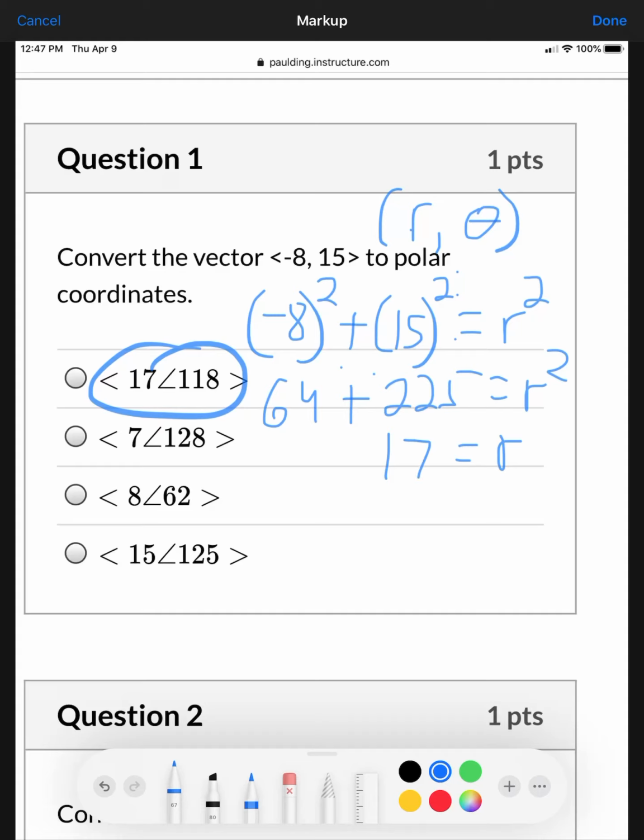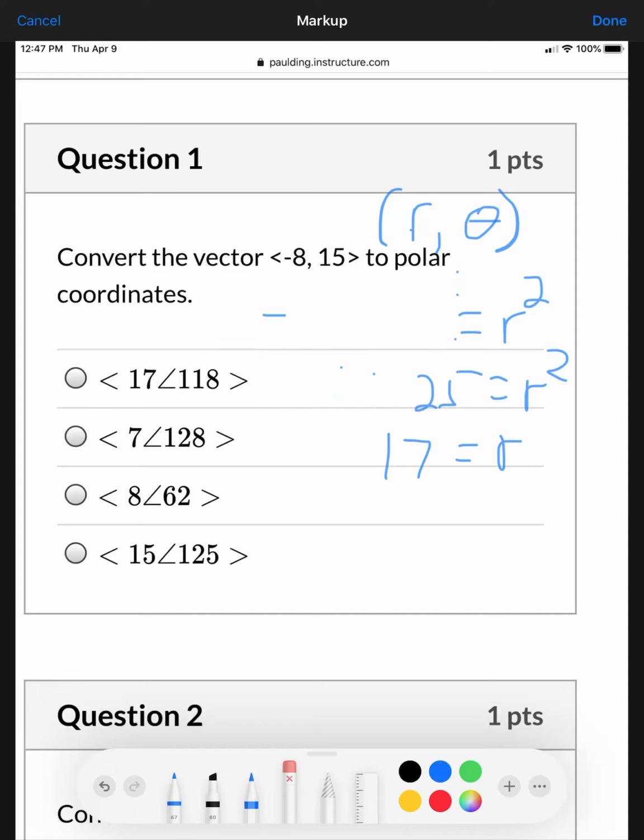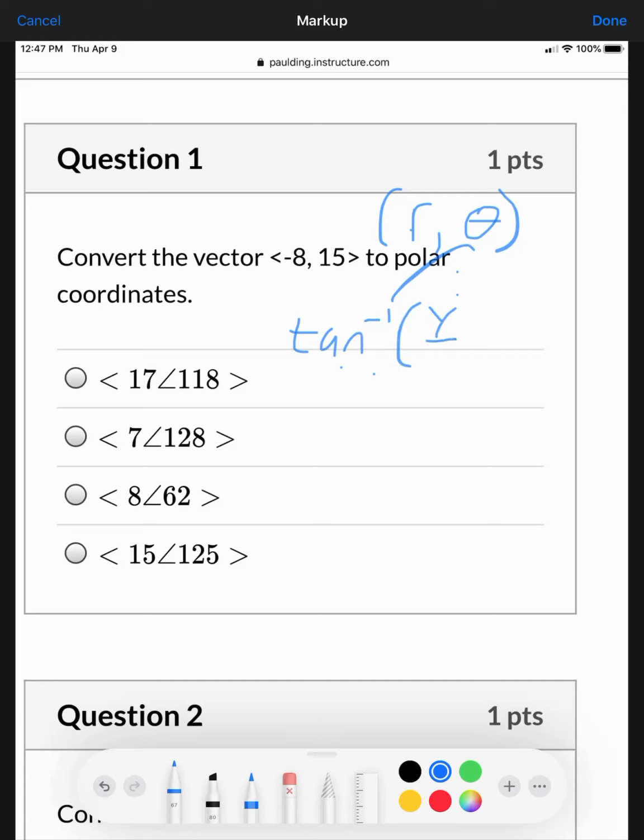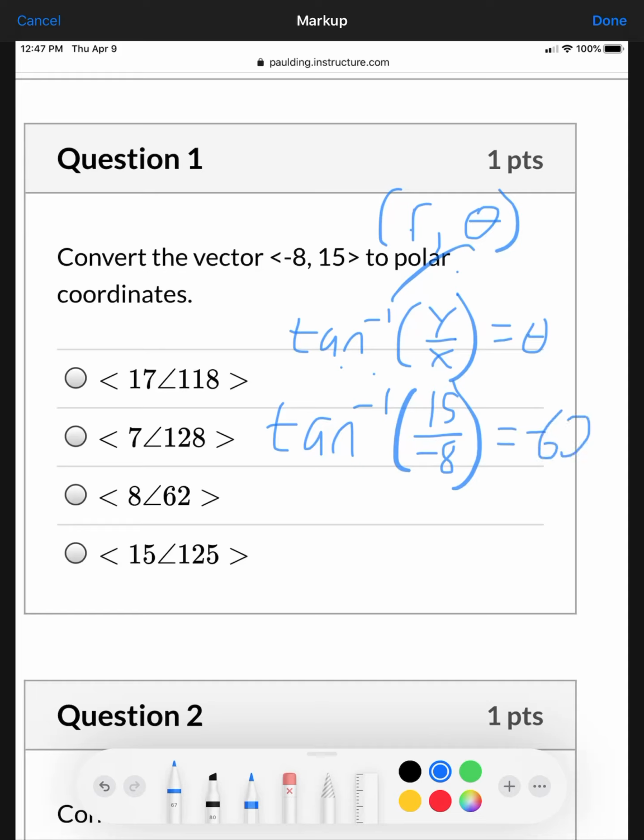And then to find the angle made, let me take this off so I can have a little more room. I think just knowing that the radius is 17 pretty much narrowed it down to which answer is right. So here's how we find the angle. This formula should look familiar if you did the other quiz in this lesson. So we use that formula. On the calculator, I just put in the y coordinate over the x coordinate, and you'll get something roughly around